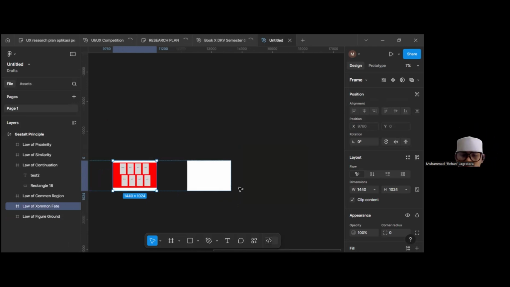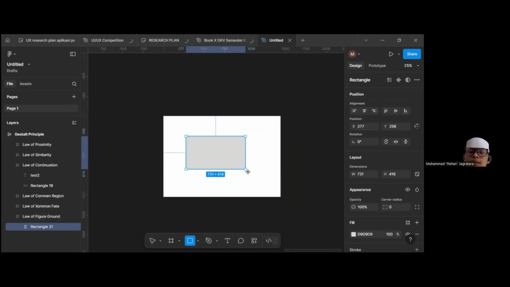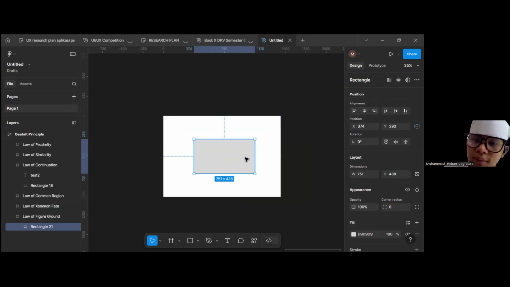When we hold a pen in front of us, the highlighted or contrasting one is perceived as the one in front, rather than the darker one.